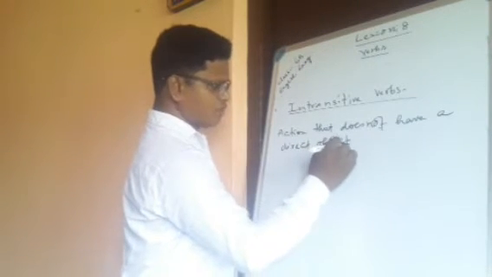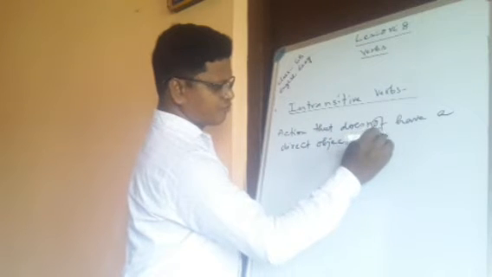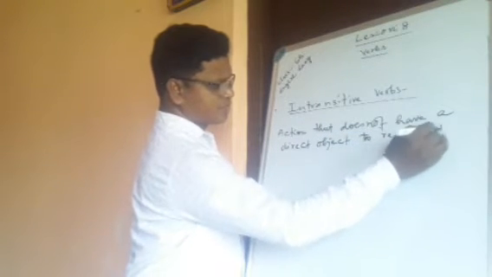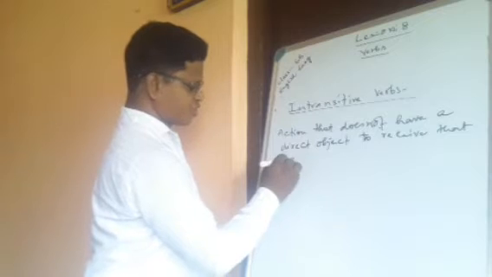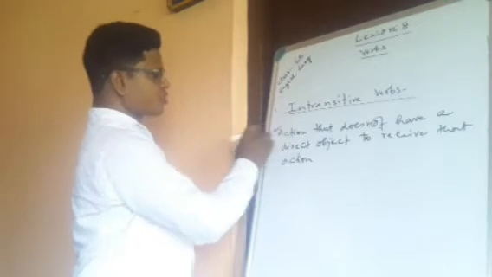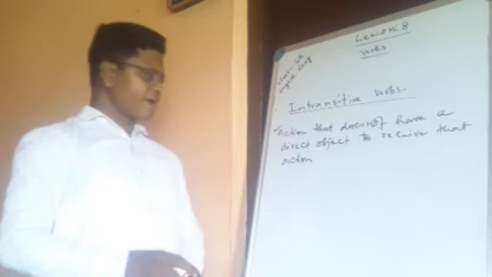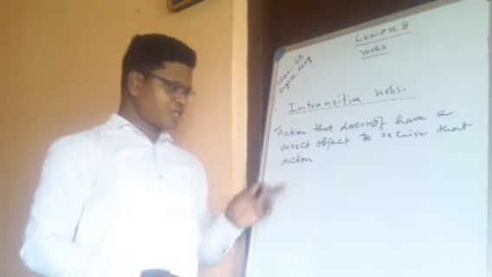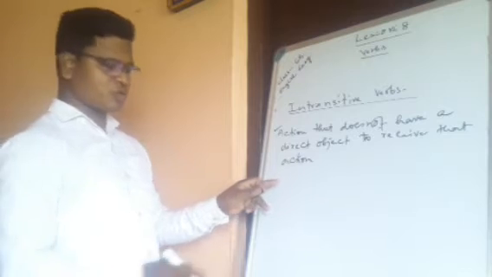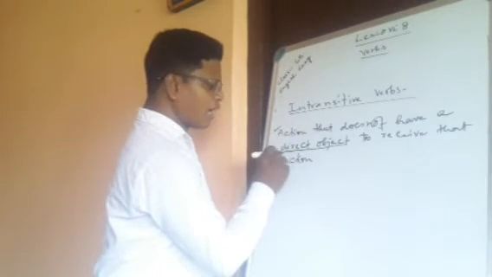Does not have a direct object to receive that action. So just remember, intransitive verbs refer to those actions that do not have a direct object to receive that action. Just remember, it should have a